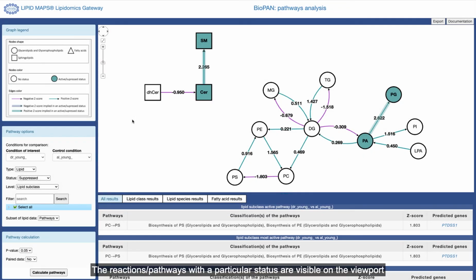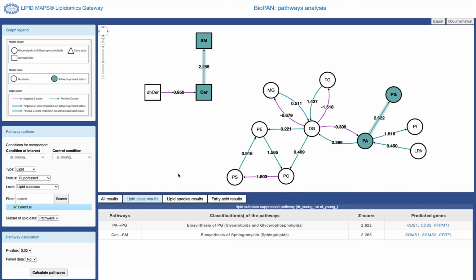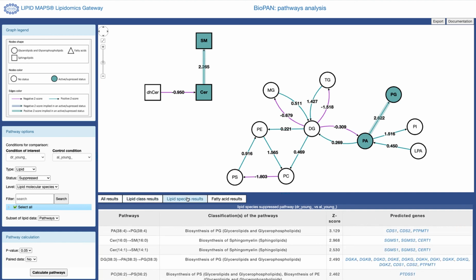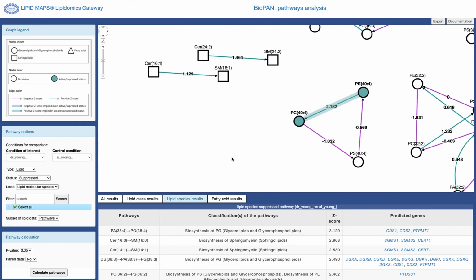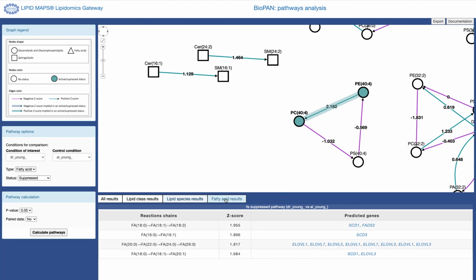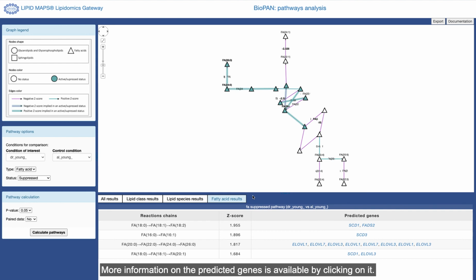The reactions and pathways with a particular status are visible on the viewport, and the results are stored in flow tables. More information on the predicted genes is available by clicking on it.